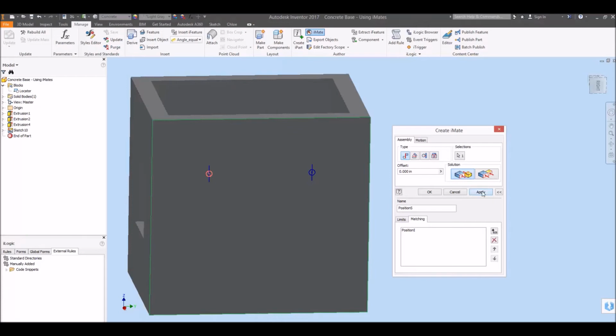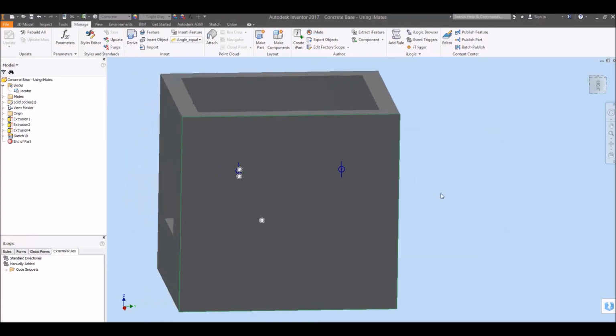Make sure it's set to mate. We're going to choose our orientation line, set to 0. Orientation S is going to be looking for iMate's orientation I. Hit apply. And let's toggle this from mate to flush. Choose the exterior surface of our concrete here. This is going to be mate plane S, looking for mate plane I. Go ahead and hit apply,